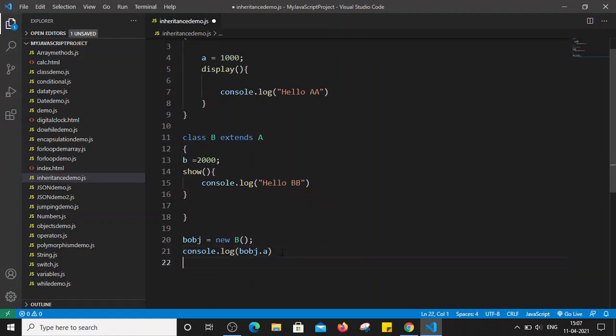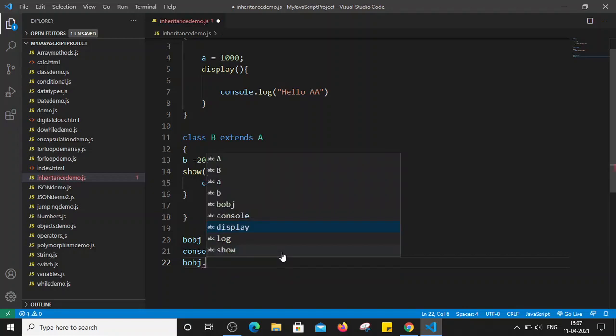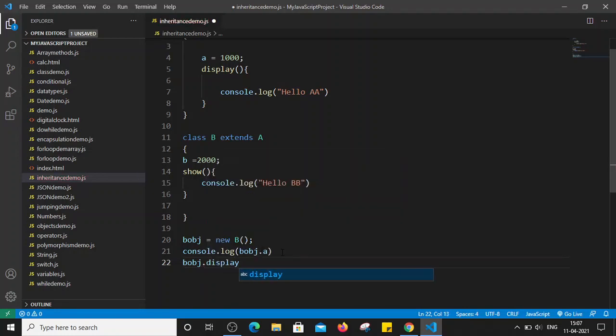Similarly, we can also call the method, for example B obj dot display. The display method is present in class A, so let's try to access that.